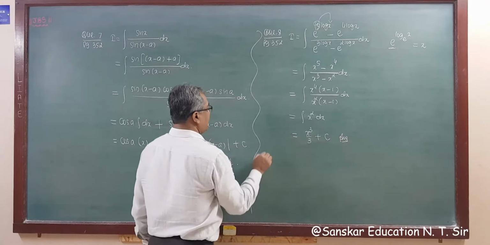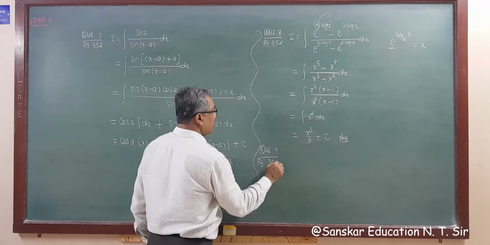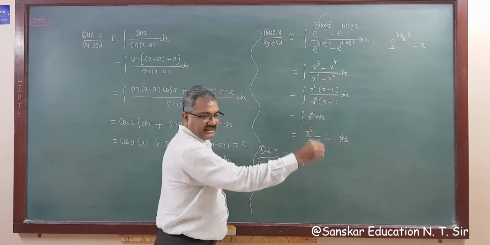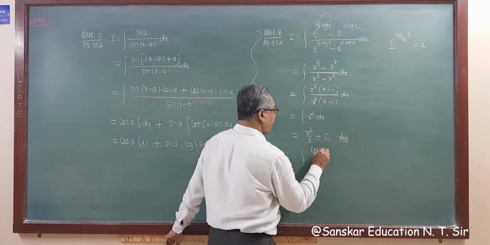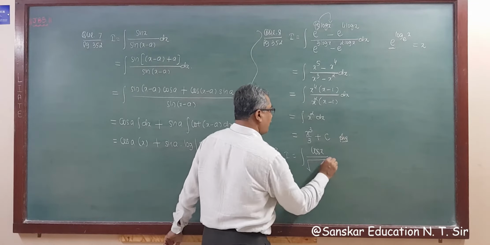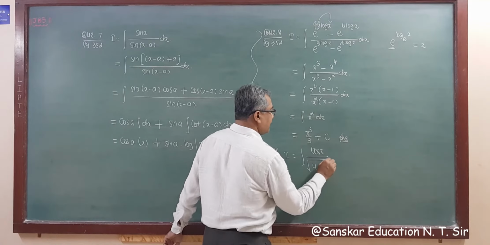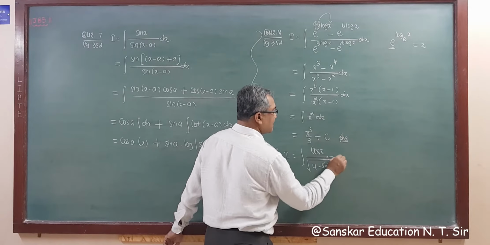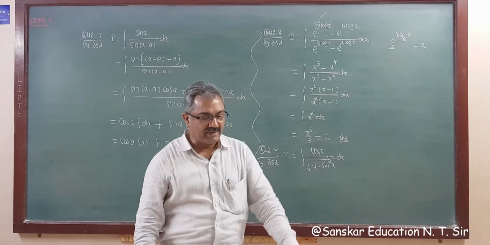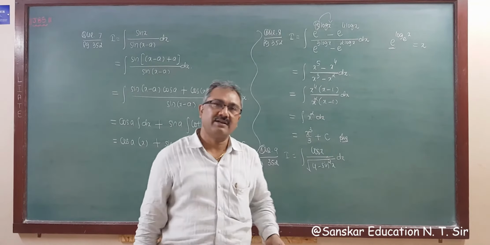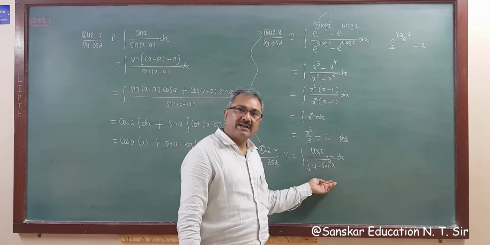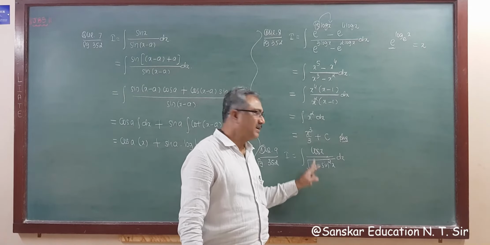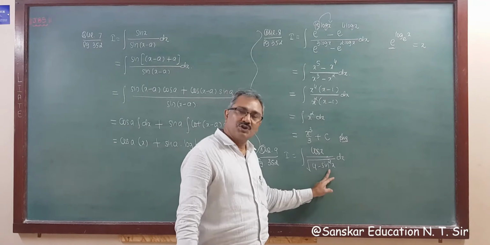Now question number 9 is also a small question for MCQ. Page 352. I is equal to the integral of cos x upon square root of 4 minus sin square x dx. Right? So the answer is sin inverse of sin x by 2 plus c. Now this is 4, there is 2 square. This is sin x whole square. So instead of x, sin x is here.